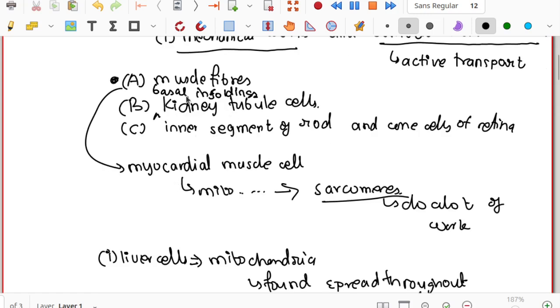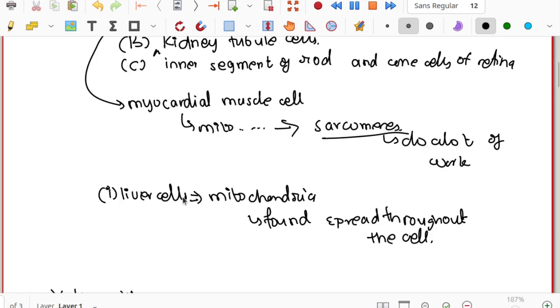Talking about a specific kind of muscle fibers, the myocardial muscle cells, that is the muscle cells of the heart, have many mitochondria, because they have to keep beating a lot,